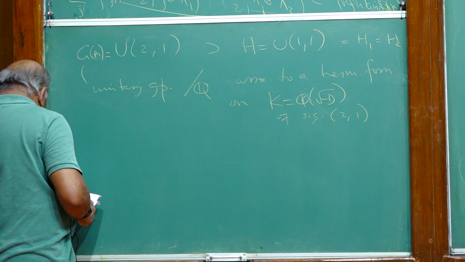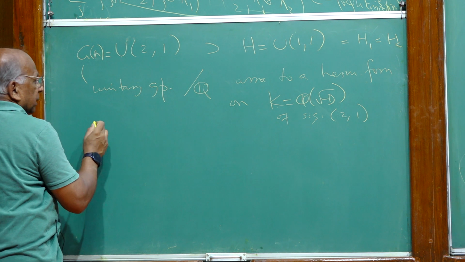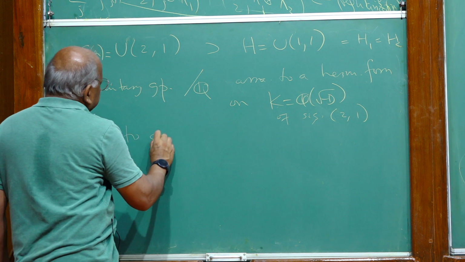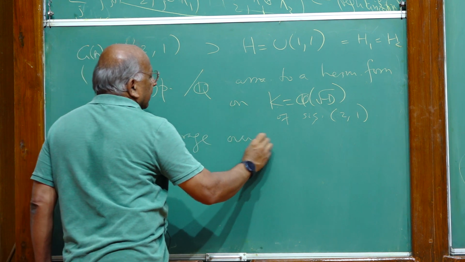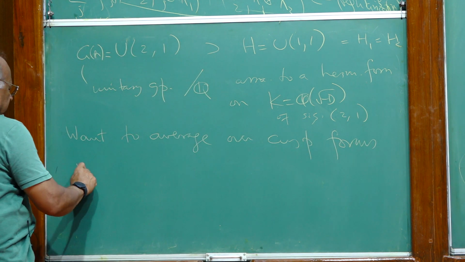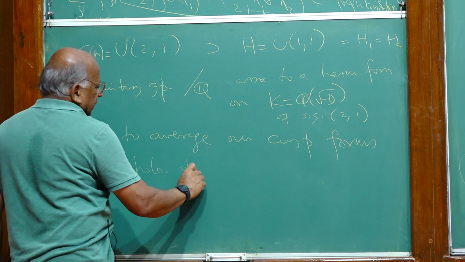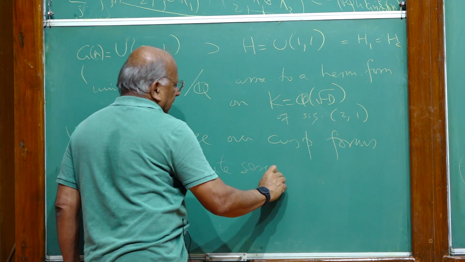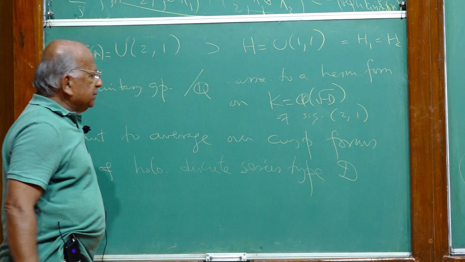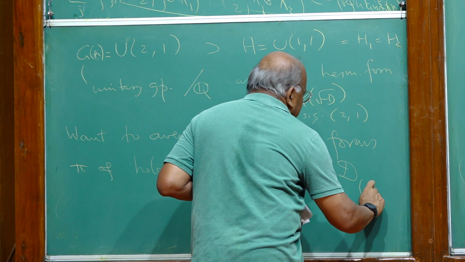the idea is that what we want to do is to average over cusp forms pi of, so maybe I'll say here, holomorphic discrete series type, and it's given by two integers, k1 and k2. So the one we take is d minus 2k, k. Again,